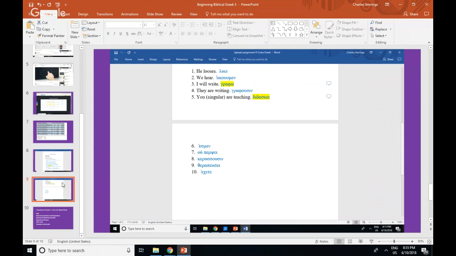But this one tricks you because you're thinking, all right, it's got a sigma, it must be future. And so you'd have to look at that. I'm not saying I got it memorized right now. But then you have this next one, pempsei. Now, pemp, that's from pempo. And so this is different than the lexical form. And so we see that you have the psi. And so this is indicating that this is future. So this would be, he will send. And then you have kerussousin.